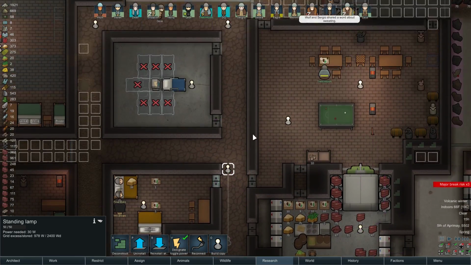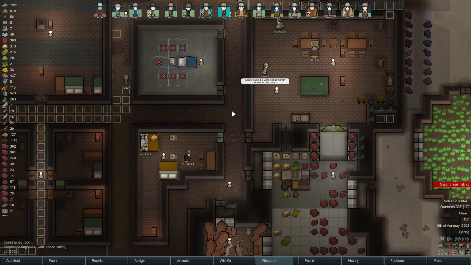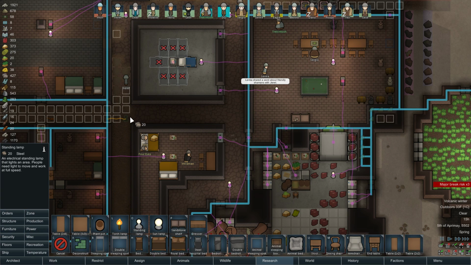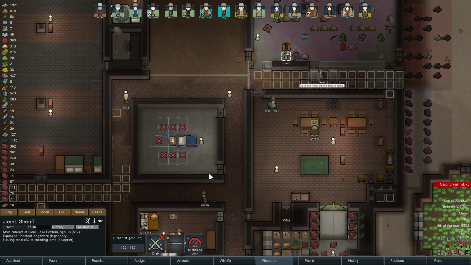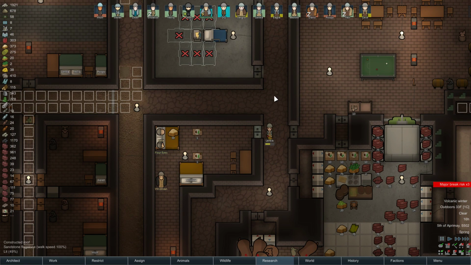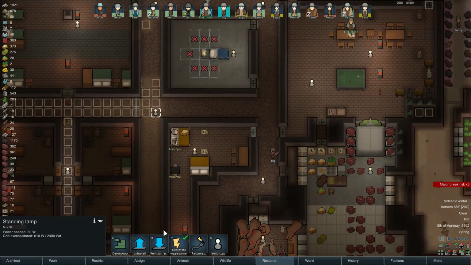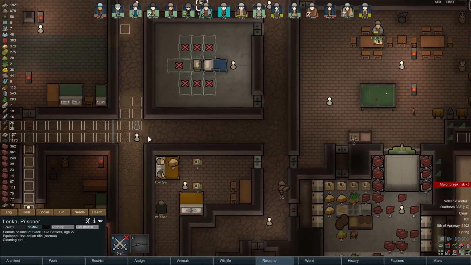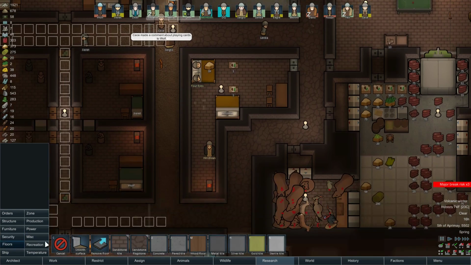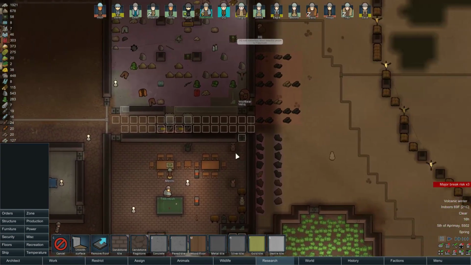Installing lights. How lit is this? 50%? Good. 49%, just all around, that's high enough. I'll put that there. And the reason behind this is this will allow us to move around a lot faster, and once I add in some,